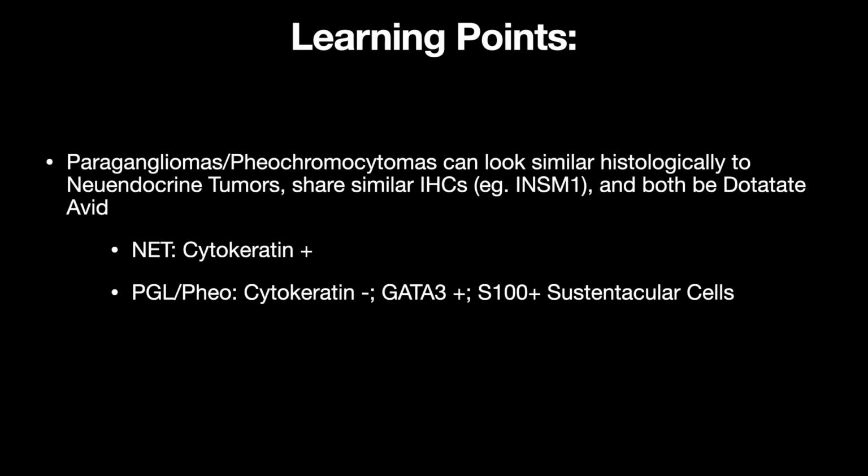So the learning points in this case are paragangliomas pheochromocytomas can look similar histologically to neuroendocrine tumors. They can share similar IHCs like INSM1 and other neuroendocrine markers, and both be dotatate avid. Just remember, for neuroendocrine tumors, it is cytokeratin positive, and paragangliomas pheochromocytomas, cytokeratin is negative, GATA3 is positive, and S100 should be positive for